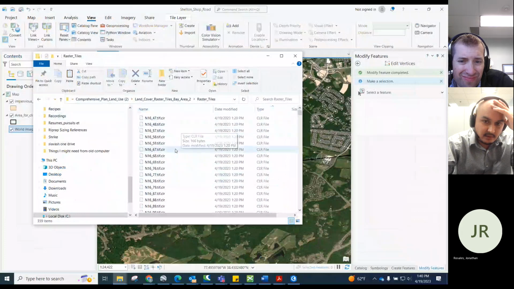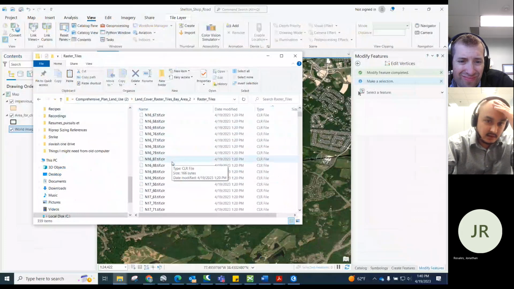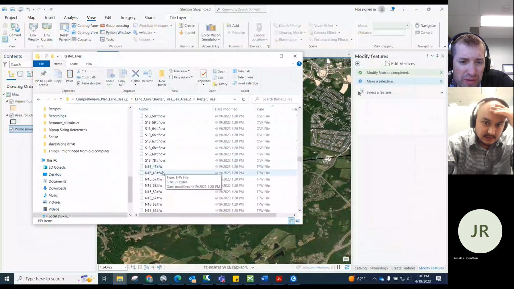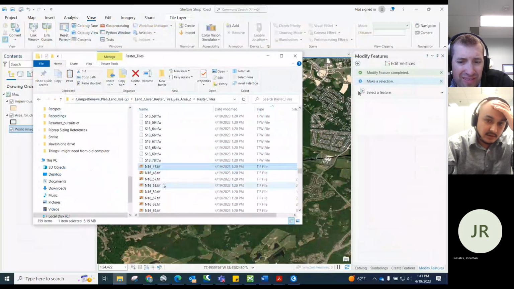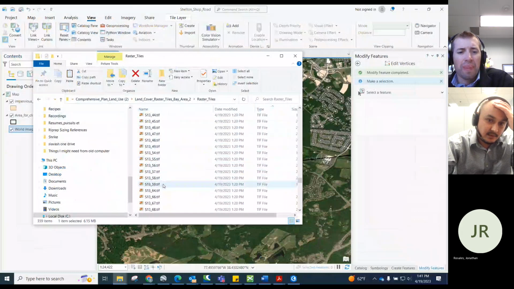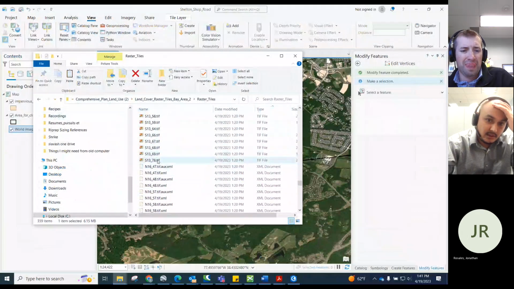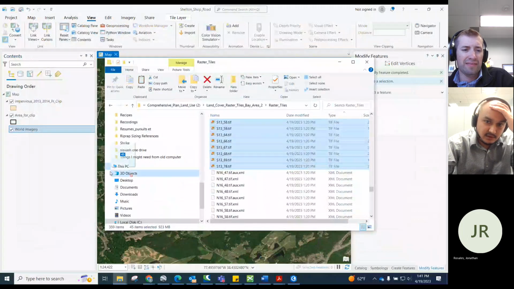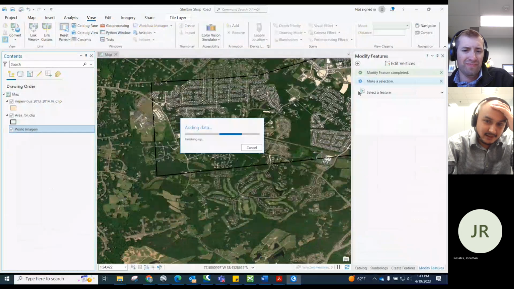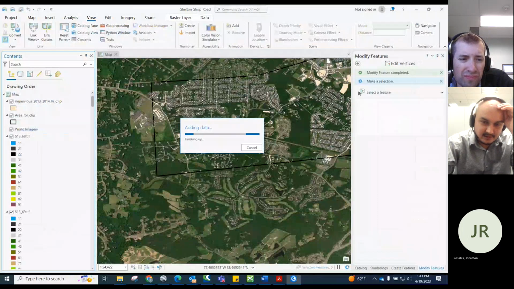Right now it is based on the date modified. Yeah, let's go to the TIF files. Just the TIF, this is the TIF. It should be on the bottom somewhere. TFW or TIF? TIF, yep, those ones. So select all those TIF and put them in the GIS, because we don't know which one is for our project. We just need to figure that out. This is usually the way I select and just put it in.